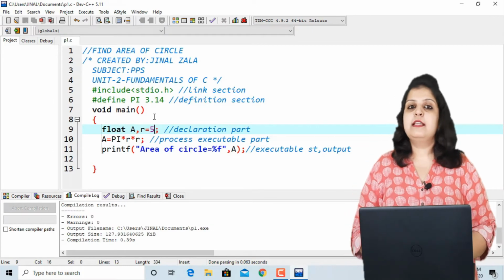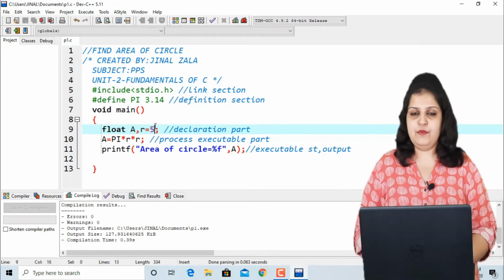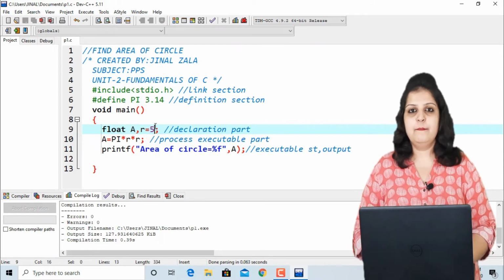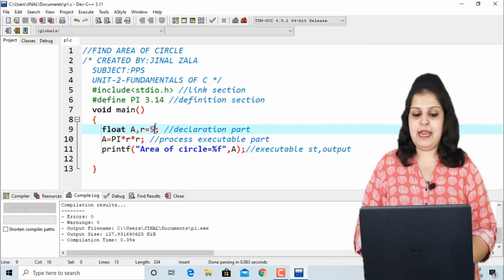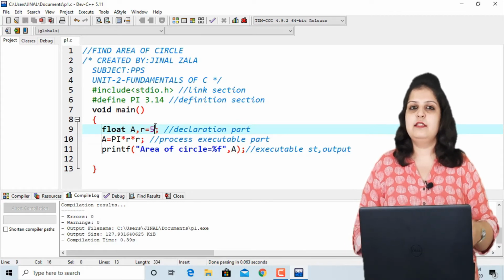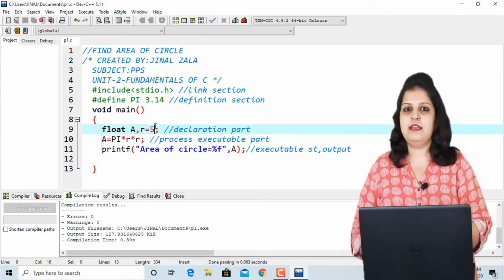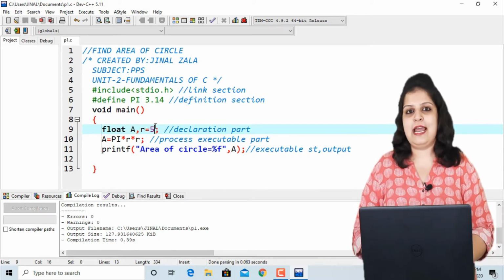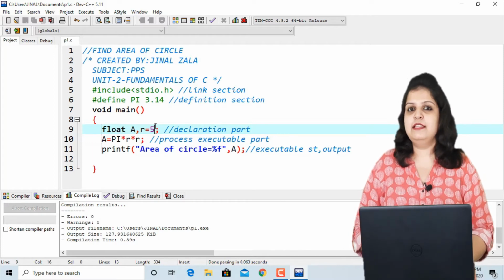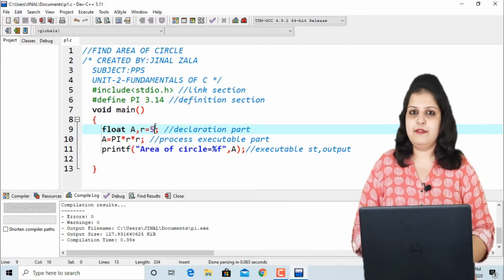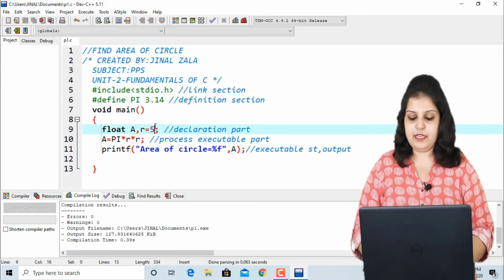Here I am assigning the value of our radius variable, and all the time it will show you the same answer. But if you want to enter the value at runtime, meaning from the user, first time r is 5, second time r is 7, third time r is 10, then we have to use the scanf function. scanf is an input function, printf is our output function, and scanf is the input function. How can we write it?